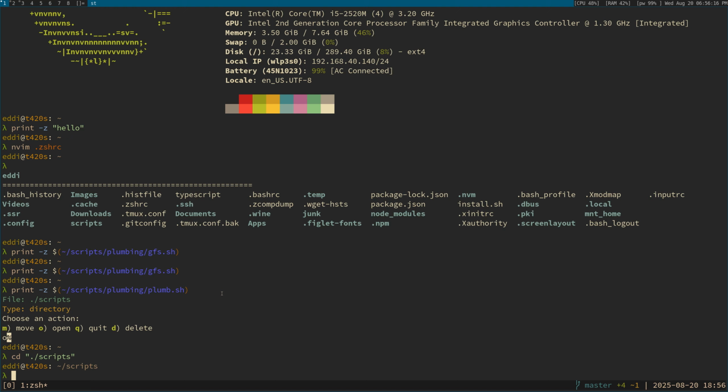I use the print Z and I can actually move it. So if I accidentally press D for delete, it's like a double check, right? It's like, are you sure you want to do this? Yeah. One thing that I think GFS might be more useful for, if you've ever heard of Dragon or Rip